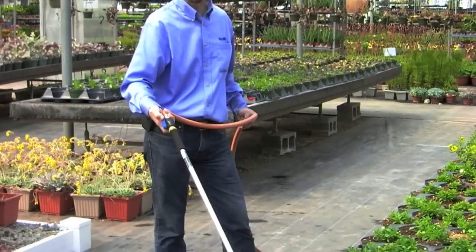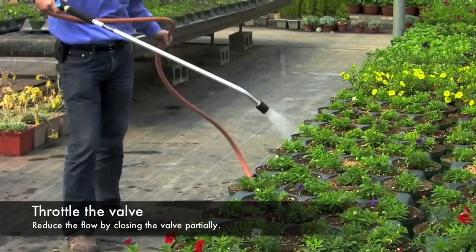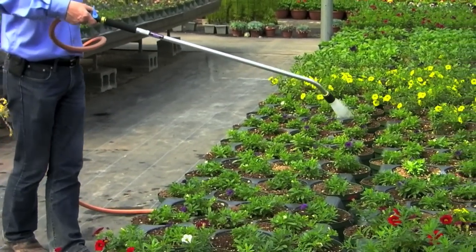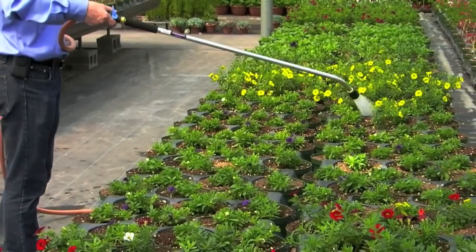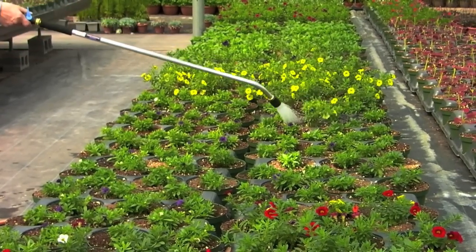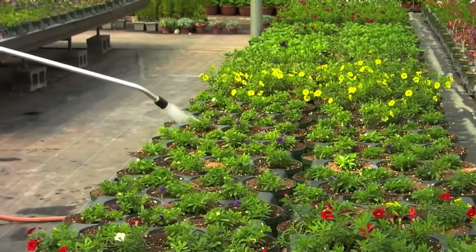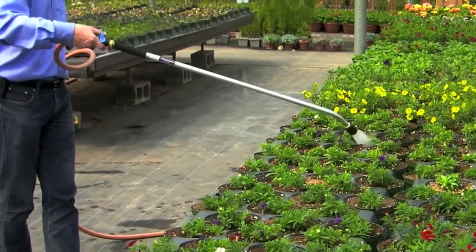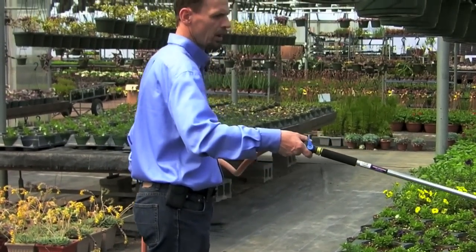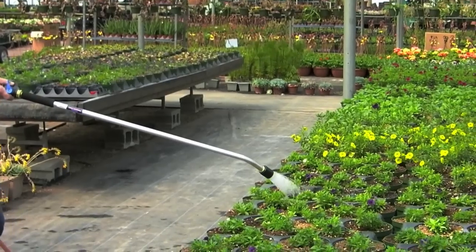With the shutoff valve, we throttle the position that we want to use, and then from here we go into each pot, and again I'm counting in my mind, knowing what volume of water is going into each individual pot. Notice how I am not lifting the wand, I'm kind of walking backwards with it. We want to make sure that the water breaker stays consistent